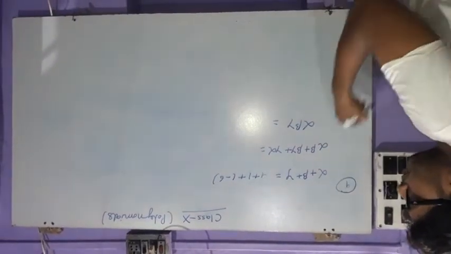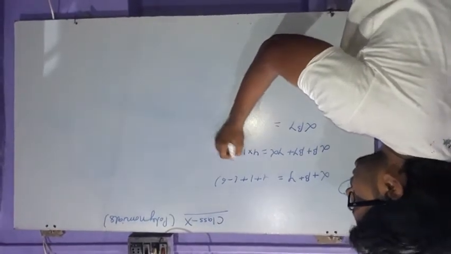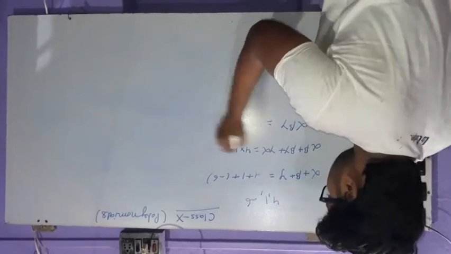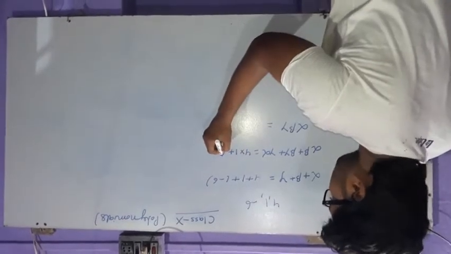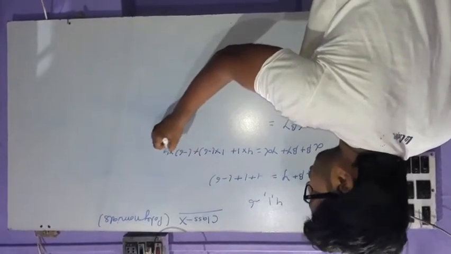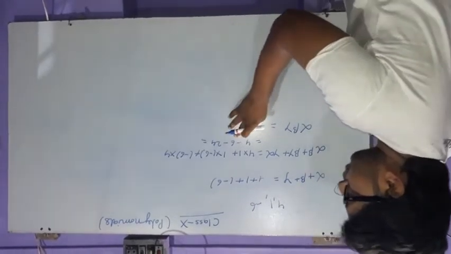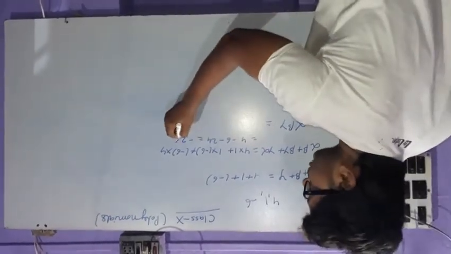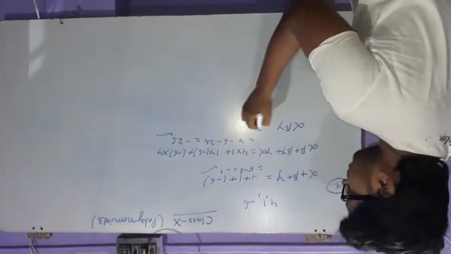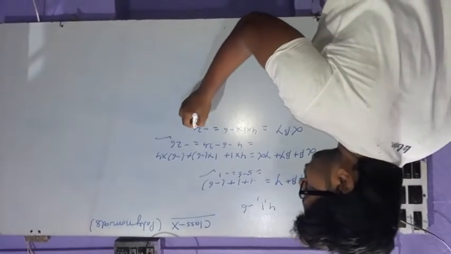What is alpha beta plus beta gamma plus gamma alpha? So alpha beta will be 4 into 1, plus beta gamma is 1 into minus 6, and again gamma alpha is minus 6 into 4. So 4 minus 6 minus 24. So it's 24 minus 6, 30, 30 minus 4 will be minus 26. Alpha plus beta plus gamma is 5 minus 6, which is minus 1. And alpha beta gamma is 4 into minus 1 minus 6, so it will be minus 24.